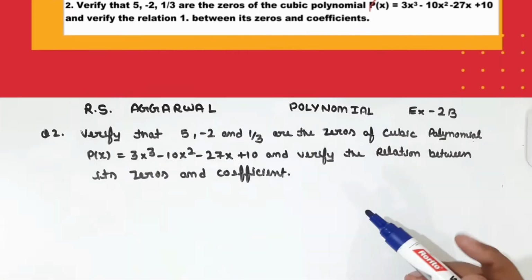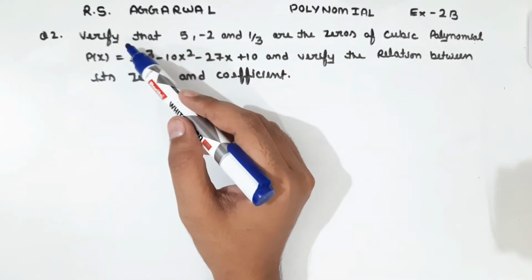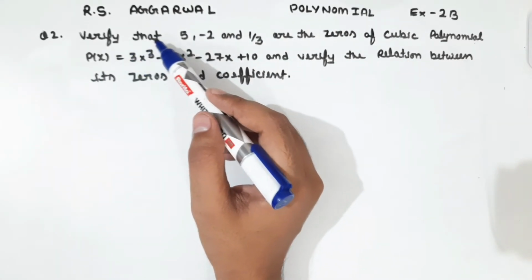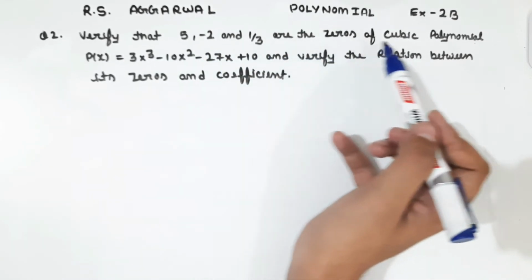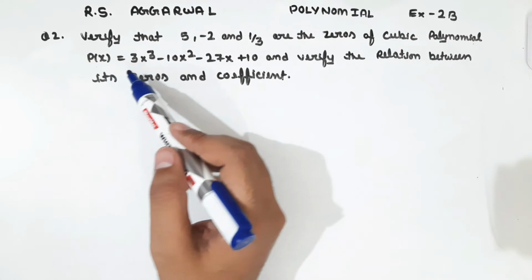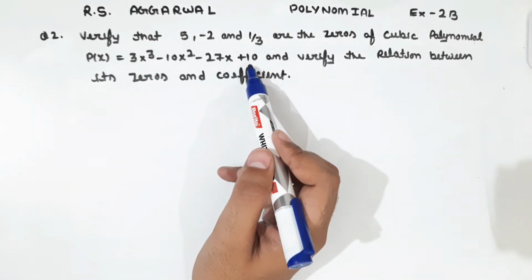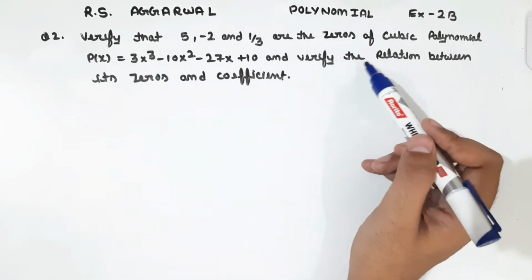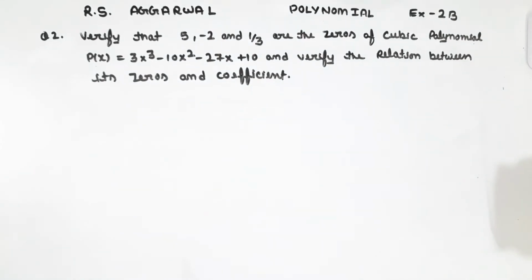R.S. Agrawal, chapter polynomial, exercise 2b, question number 2. In question number 2, he is asking, verify that 5, minus 2 and 1 upon 3 are the zeros of the cubic polynomial P(x) equals 3x cube minus 10x square minus 27x plus 10, and verify the relation between zeros and its coefficients. So, firstly,